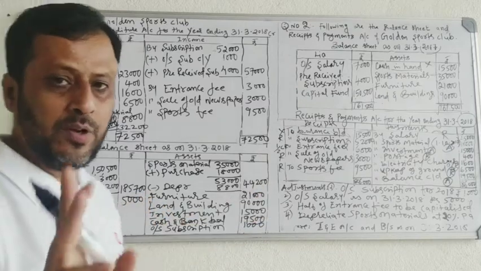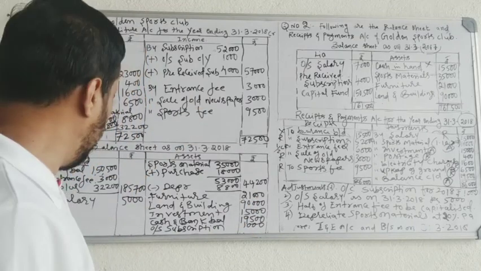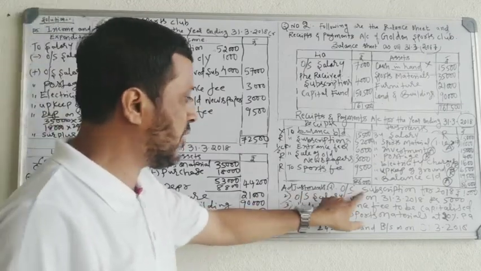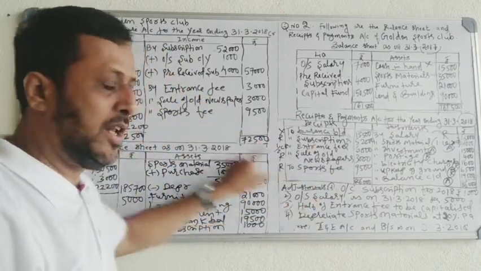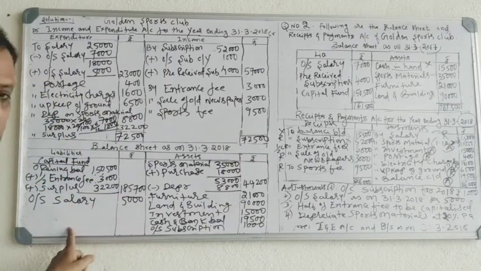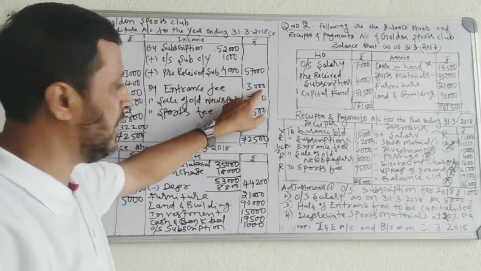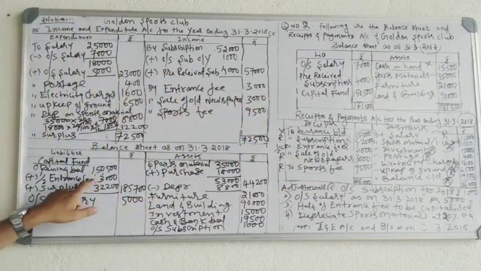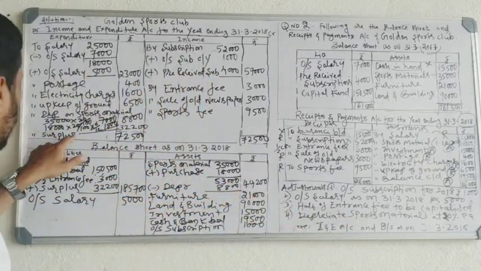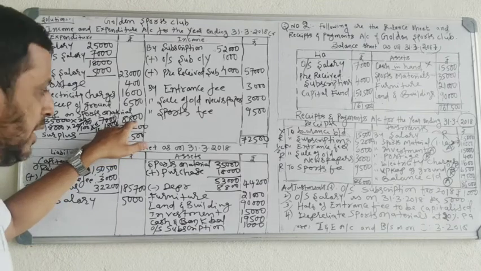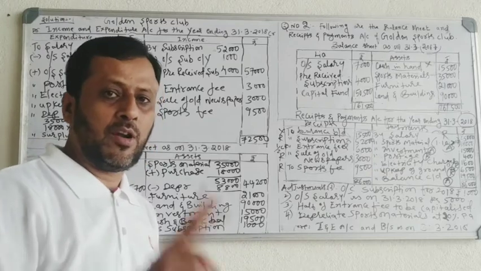Keep in mind, an adjustment you have to record twice. One, you have to record in the income and expenditure account. Again, you have to record in the balance sheet. See, outstanding subscription added here, shown on the asset side. Outstanding salary added here, shown on the liability side. Half of the entrance fee to be capitalized. Half entrance fee is recorded in the income and expenditure account. Half entrance fee is recorded in the balance sheet. Depreciation, sports material, depreciation 20%. You have recorded here 8,800 and the same amount you have deducted here, 8,800. Adjustments will be recorded twice.